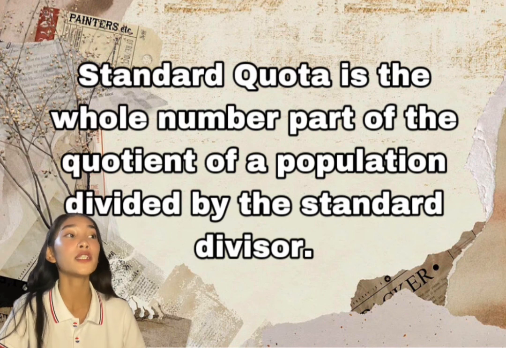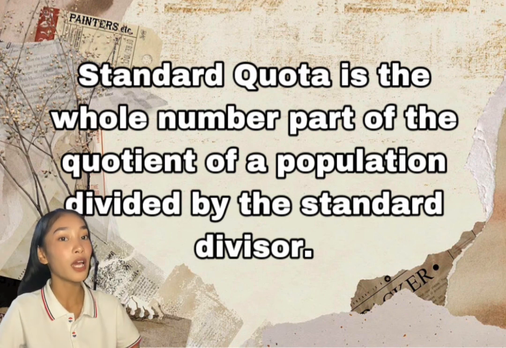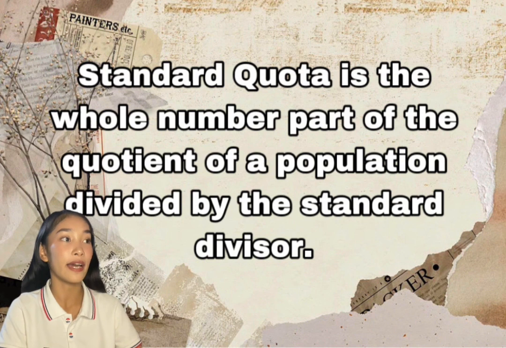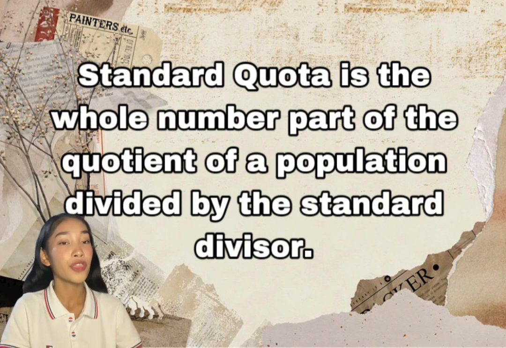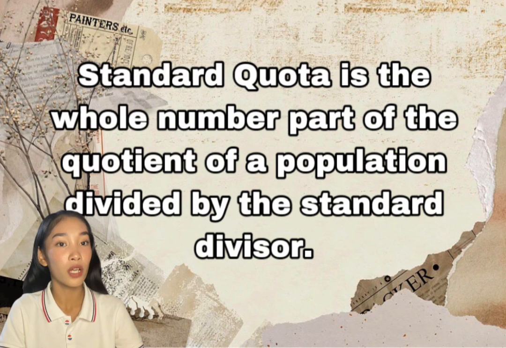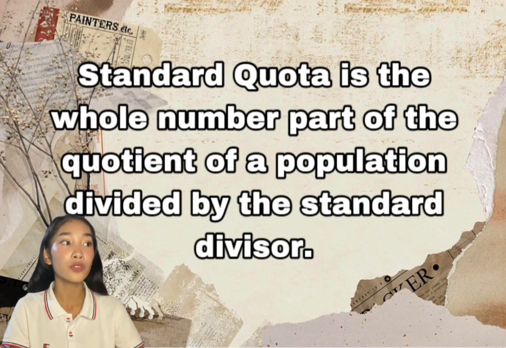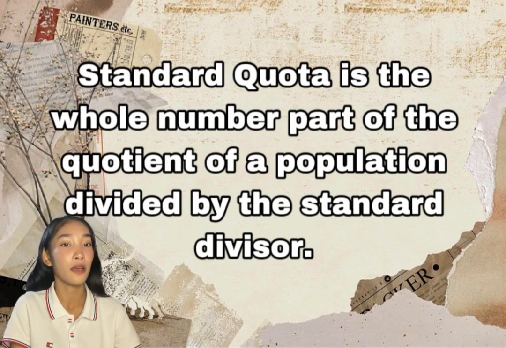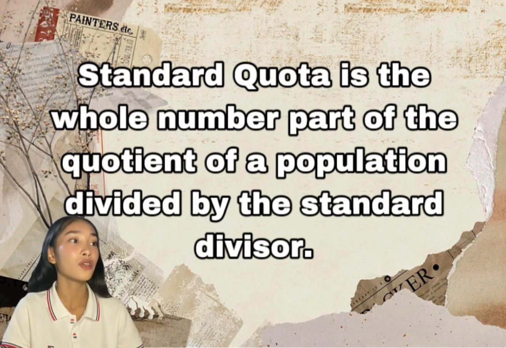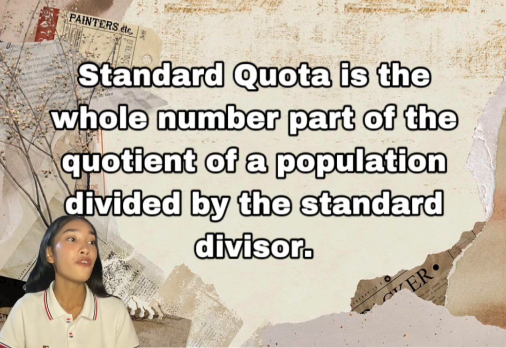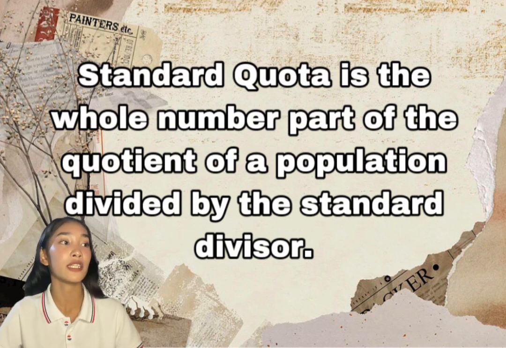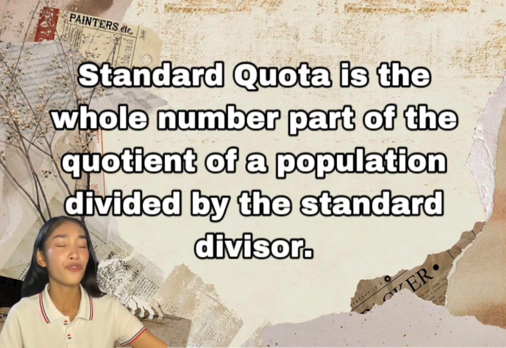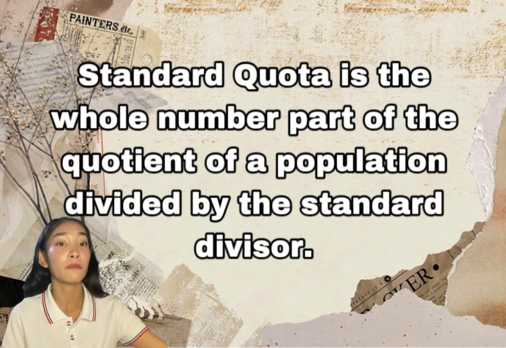So, we have here example 1. Suppose a fictitious country, Asia, which consists of 13 states with a total population of 42,000, needs to apportion 45 representatives. The population of each state is represented in the table at the right. Find how many members will represent each state. In this example of the fictitious Asia with 13 states and the total population of 42,000,